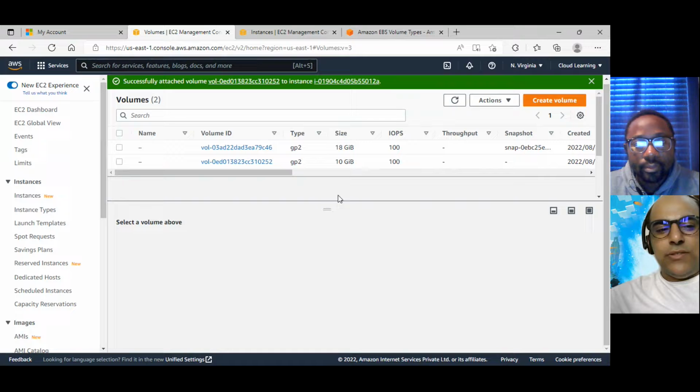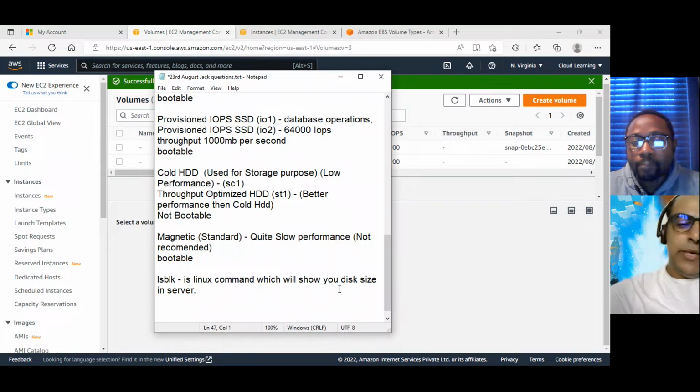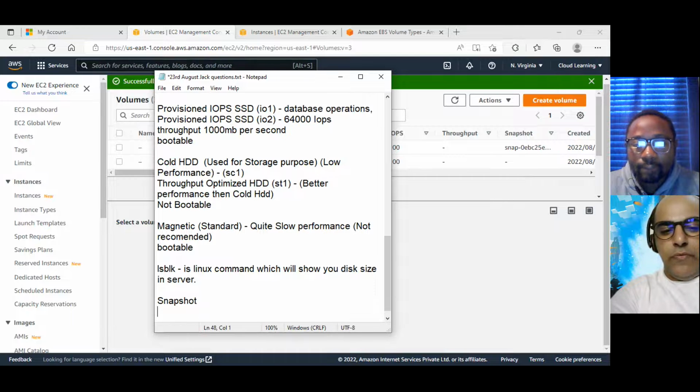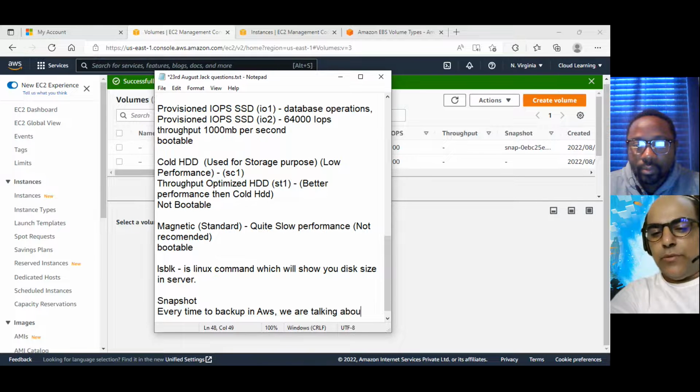So now this is done, and we were talking about the snapshot. Now let's see why we need a snapshot. Every time we talk about backup in AWS, we are talking about a snapshot.